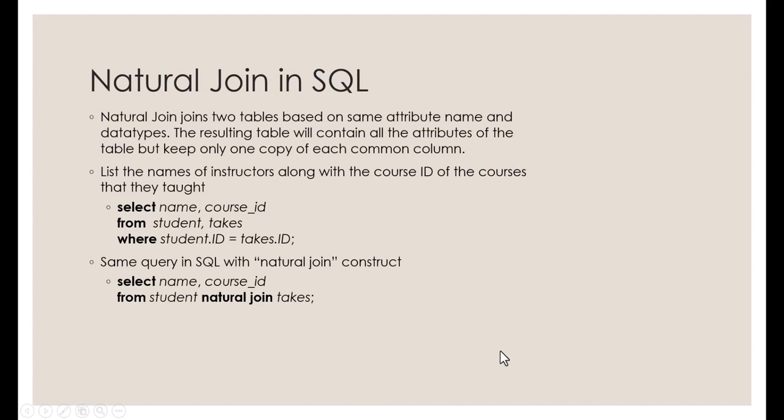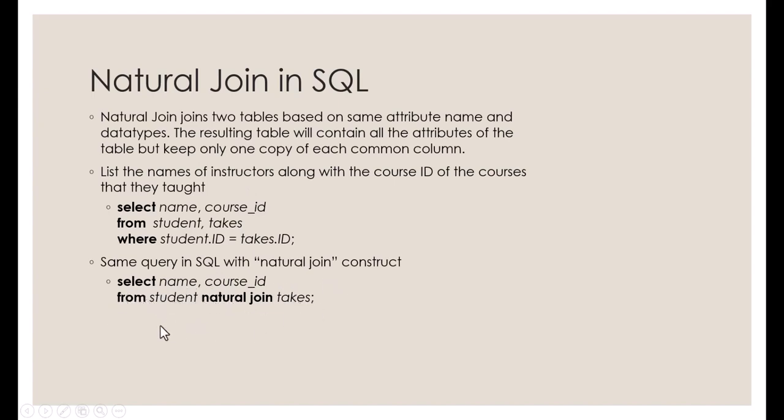So we can also do natural join. Here we want to list the names of instructors along with the course ID and then the courses they have taught. So select name, so this is the name of the instructor, and then the course ID from student and then takes, where the ID of the student is equal to the takes ID from the takes table. So the same thing could be done using select name and course ID from student natural join